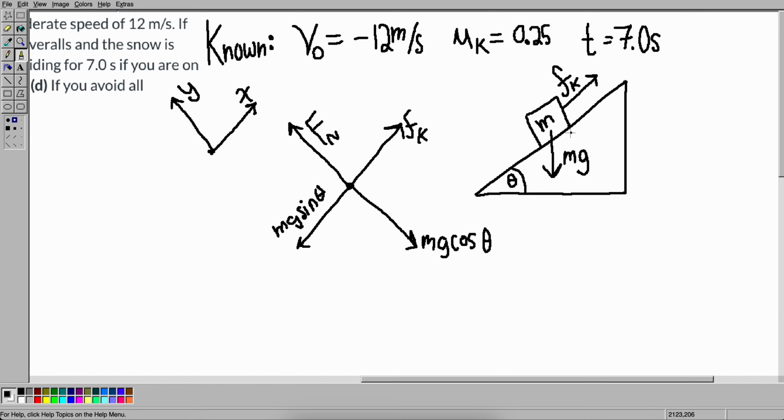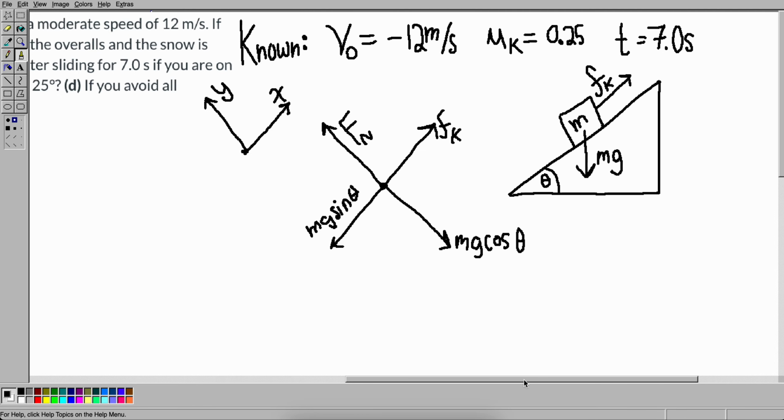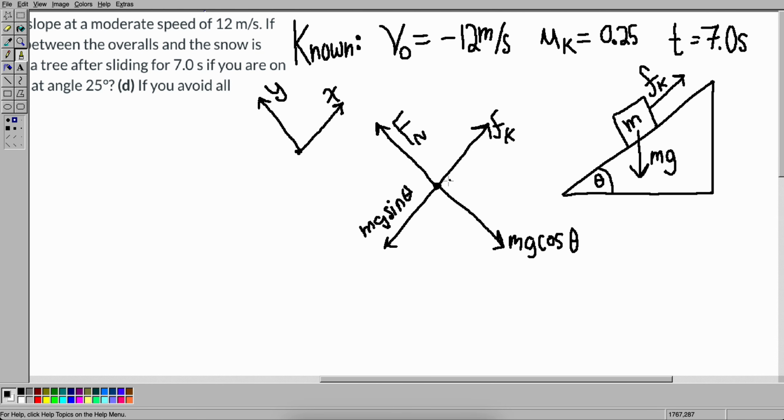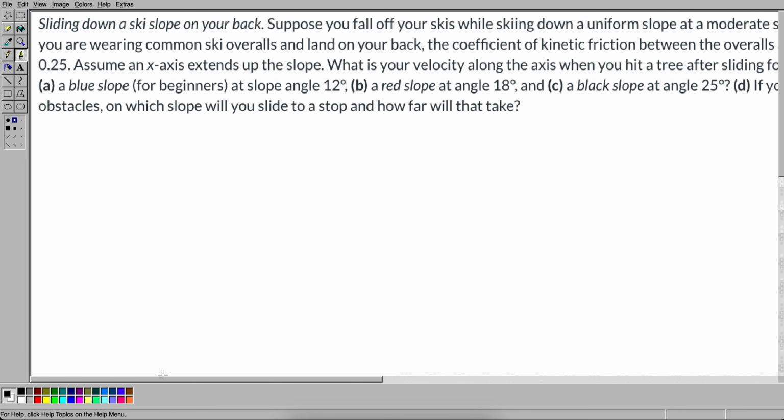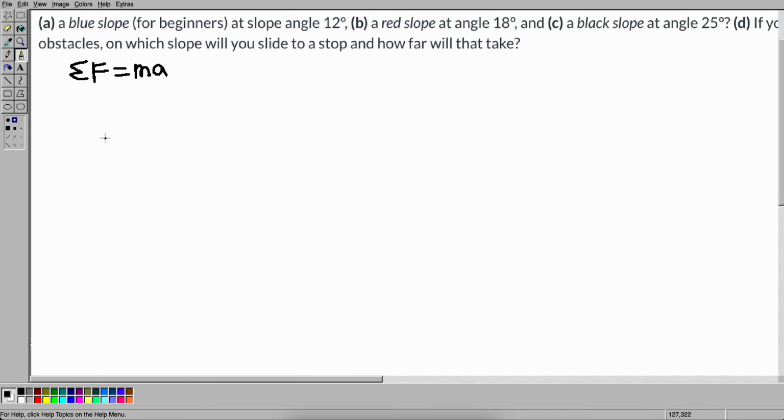This is a simple diagram representing the skier as a square, and this is a free body diagram with respect to this coordinate system. To start this problem, we're going to be starting off with the net force equation. Net force is equal to the mass times the acceleration. And we're first going to do this for the x-axis. So the net force in the x direction is equal to